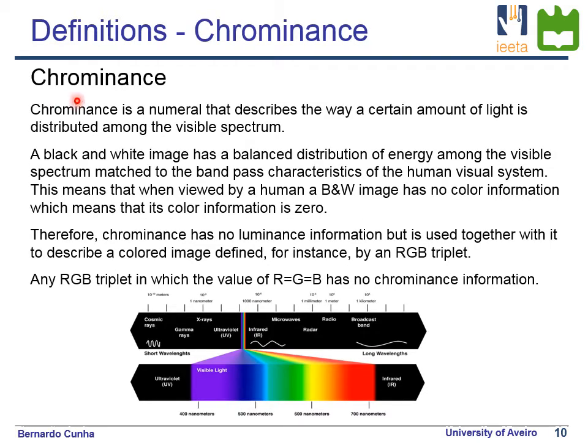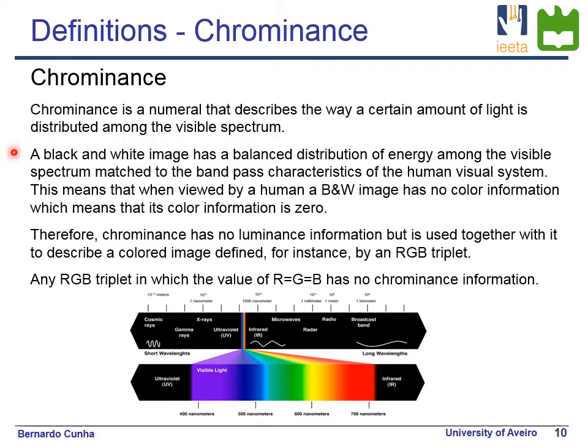Apart from luminance, chrominance is the second parameter that, together with luminance, will provide us the general concept of a color image. In fact, chrominance is a basic numeral, so it has no units, and it describes the way a certain amount of light is distributed among the visible spectrum. So if this is a single numeral and has no units, it means that it has no relation with luminance. Chrominance and luminance complement themselves, but information of luminance has no chrominance associated,